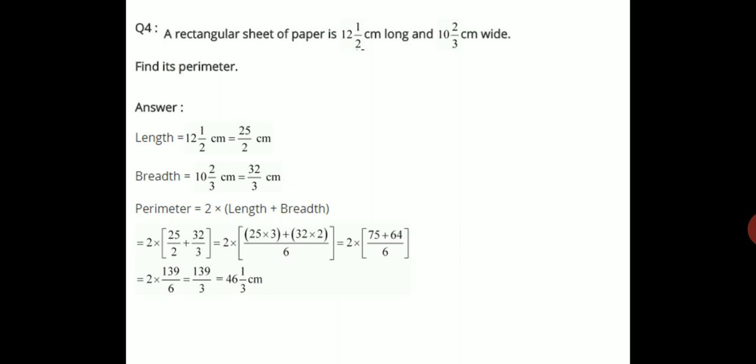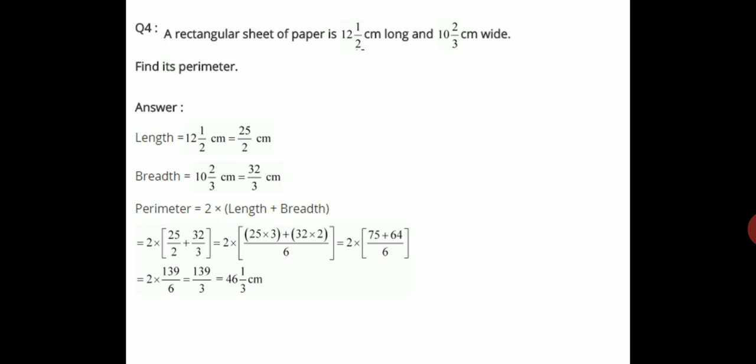First thing in this question, we should know the formula of a perimeter of a rectangle. This is the main concept of this. If you are not knowing the formula, it will be difficult for us to solve. And second thing, already we have discussed how to add the fractions. First we have to find LCM and then to add. These two things should be clear in the mind. Perimeter of a rectangle, it is 2 times length plus breadth.